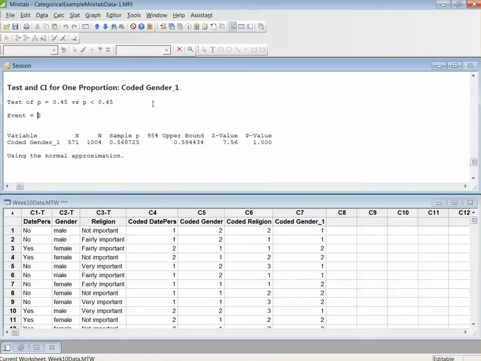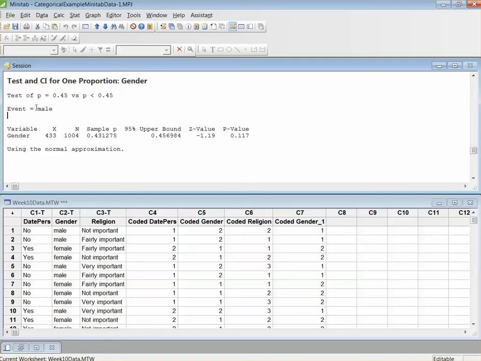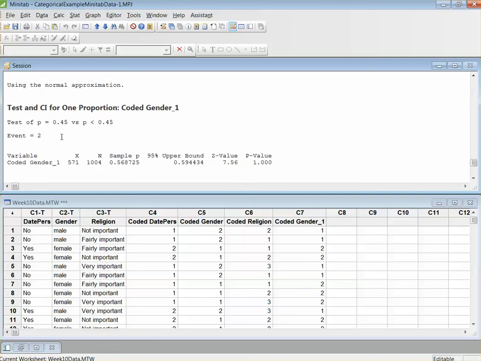So if you run your one proportion test, double check and make sure the event listed is the person or what you really are testing. So in this case, male. So up here was correct because we were testing male. But if we wanted to test women, we would have to come down and recode and then retest to get it to work right. So I hope this helps, and please let me know